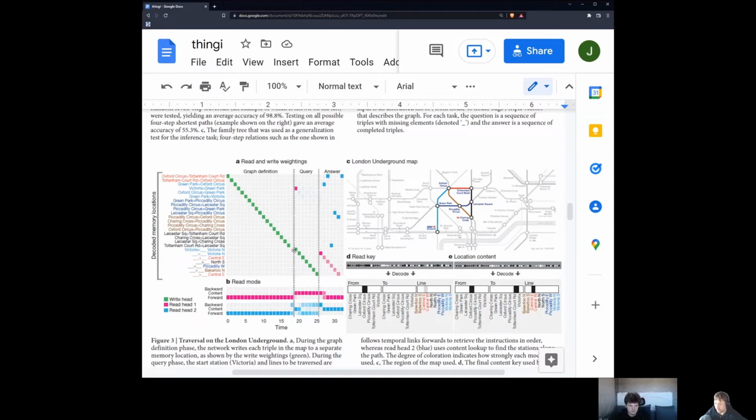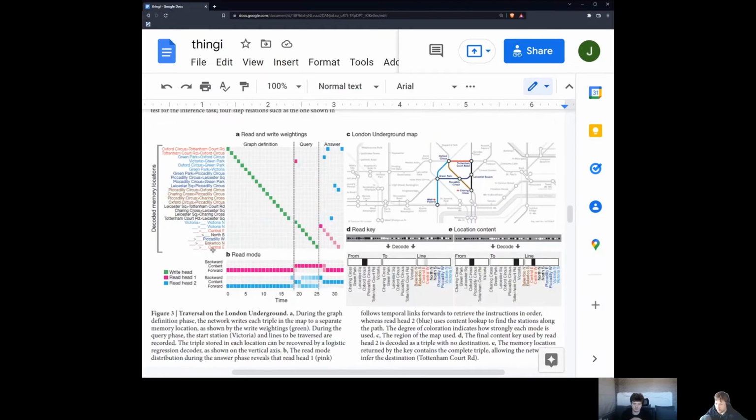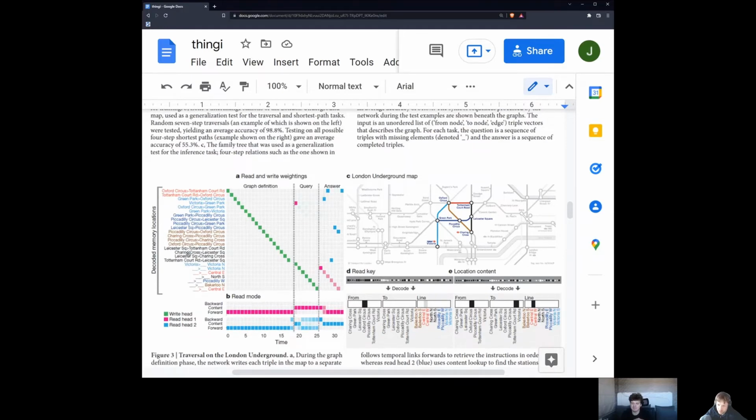So the first part here is basically reading in the information. So this is already, I guess, test time, not training time anymore. So it gets the graph in. It gets all the information on how the different stops are connected to each other, and it creates this similar-looking graph. And then it starts getting in the questions. So it asks how do you get from. I don't know if these are